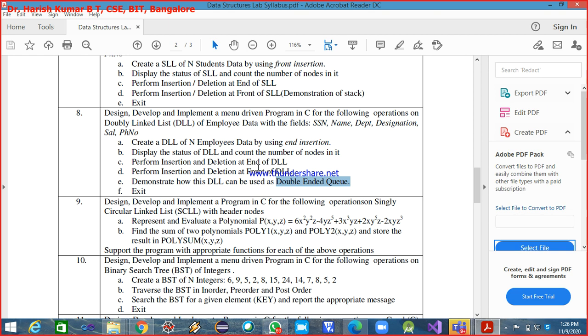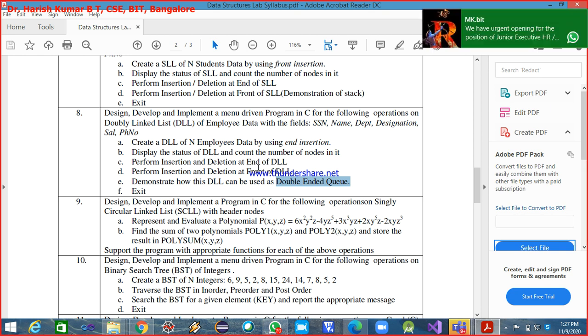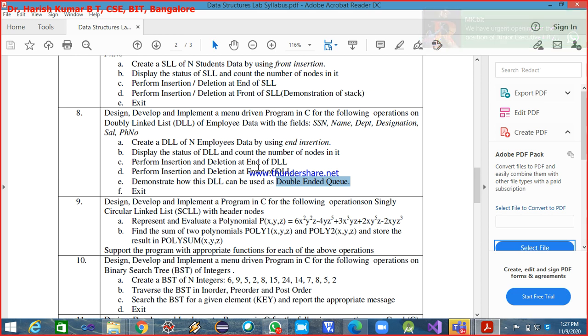The double-ended queues are called DQs, but the two types we understood: input restricted double-ended queue and output restricted double-ended queue. Okay, so now using the doubly linked list, you should go for demonstrating the double-ended queues.